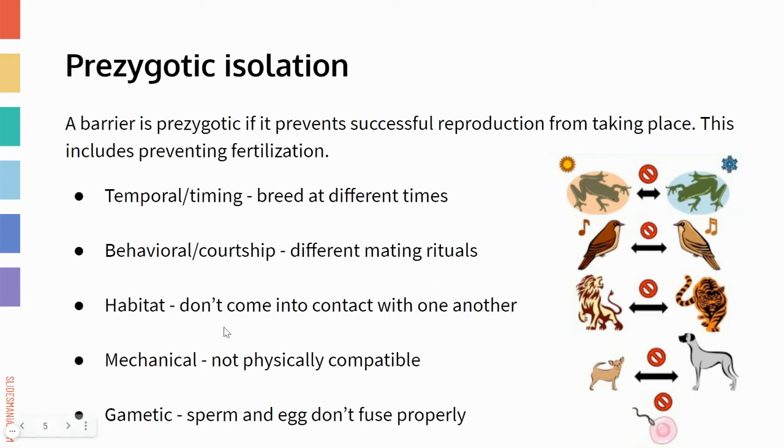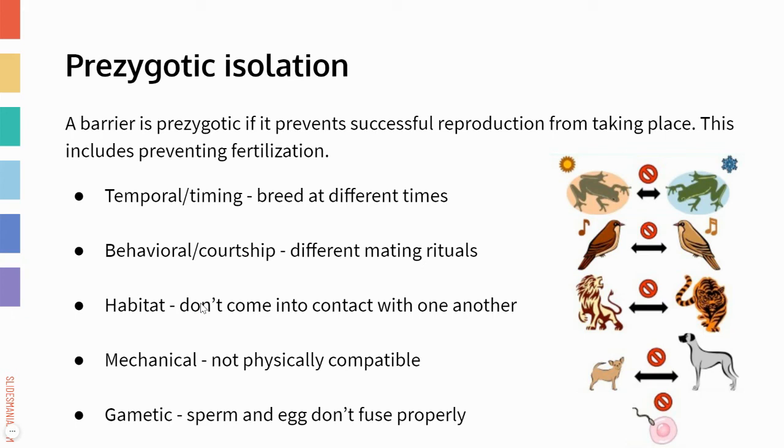We also can have habitat differences. So if organisms just don't come into contact with one another because they live in slightly different places, then that would prevent mating as well. So you could think of organisms where maybe one is living higher up in the trees and the other one is living down closer to the ground. Or you could imagine that one is living in more of a forested area and the other one prefers to live in the water in the forest or something. If they just don't come into contact with one another, then mating won't happen.